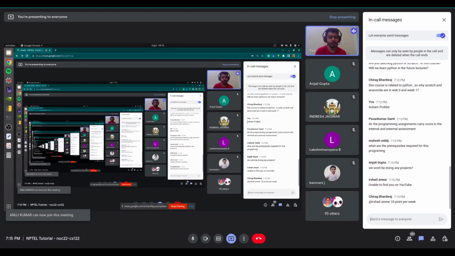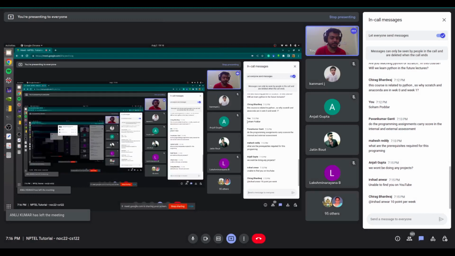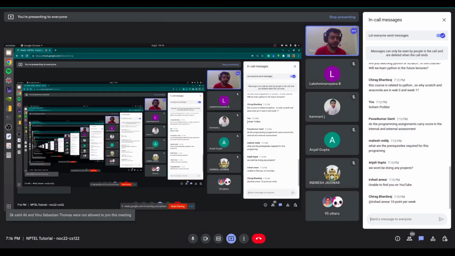So for those who have no knowledge of programming, Scratch is a bit easier for learning the basic programming concepts. That's why only in week 1 we have Scratch, which is like an introduction to programming. From week 2 itself we'll be having, I think week 2 lectures are up. I think someone asked, they had some problems with week 2 assignments. So you can see that week 2 is about Python, and all the other weeks will be about Python. Scratch is only for week 1, and nothing more will be done on Scratch. It is just for learning programming.